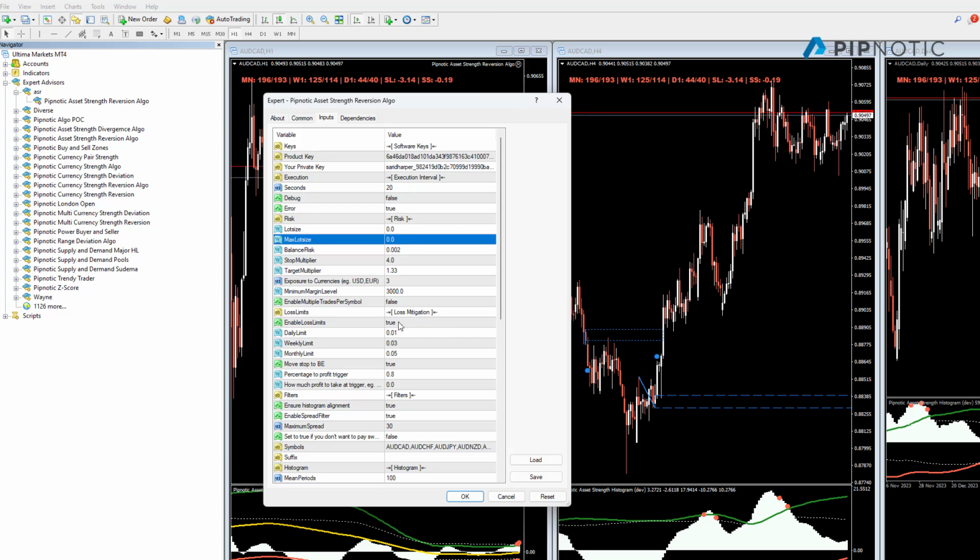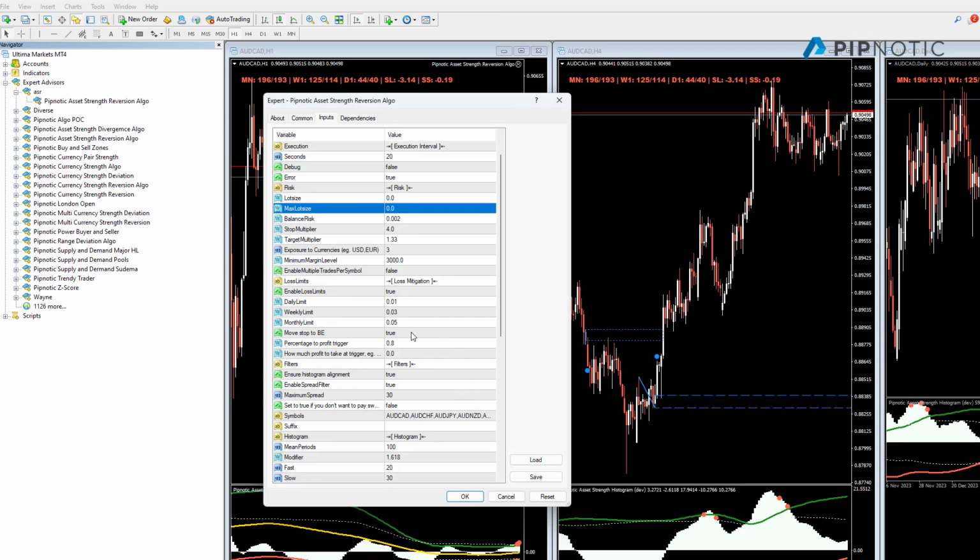The loss limit you should leave on, leave this to true. And the break-even stop, that's also quite handy. Then I've changed a few settings since the last version, and we have this one, ensure histogram alignment. When this is set to true, it's ensuring that both the entry histogram and the histogram one greater than the entry are aligned, so they're both in overbought or oversold. If this is true, it will ensure that they're both looking like that. If this is set to false, it'll only look at the entry time frame,